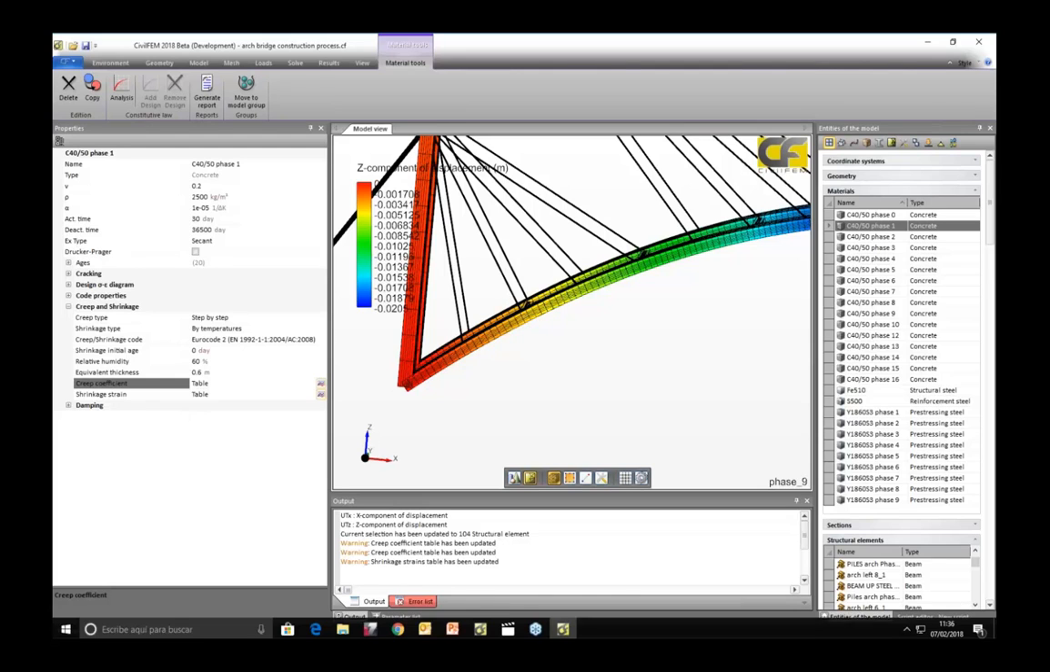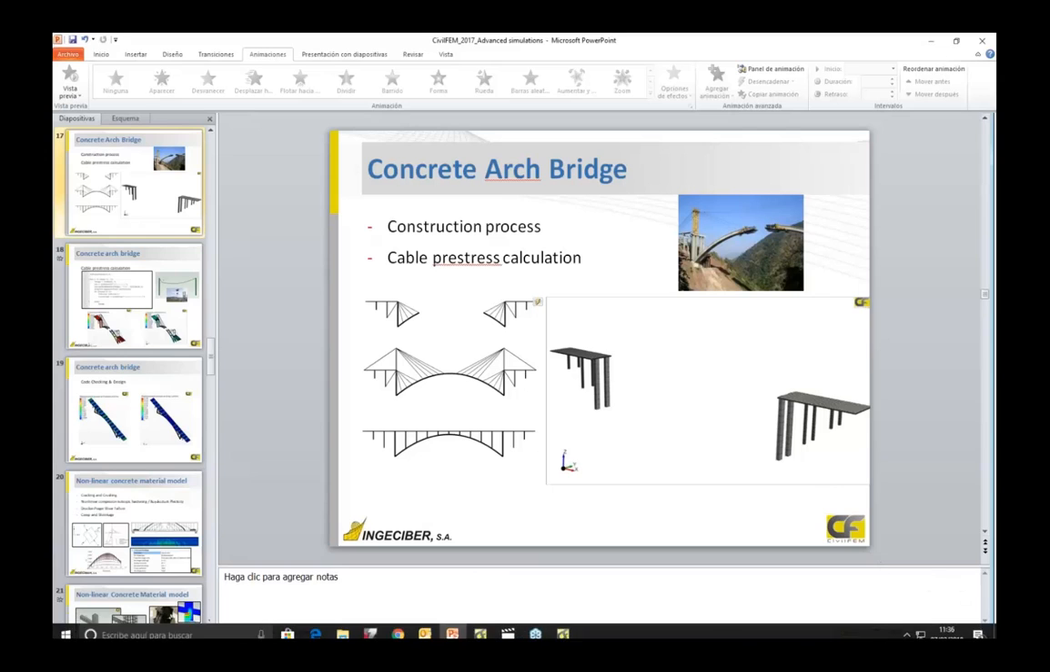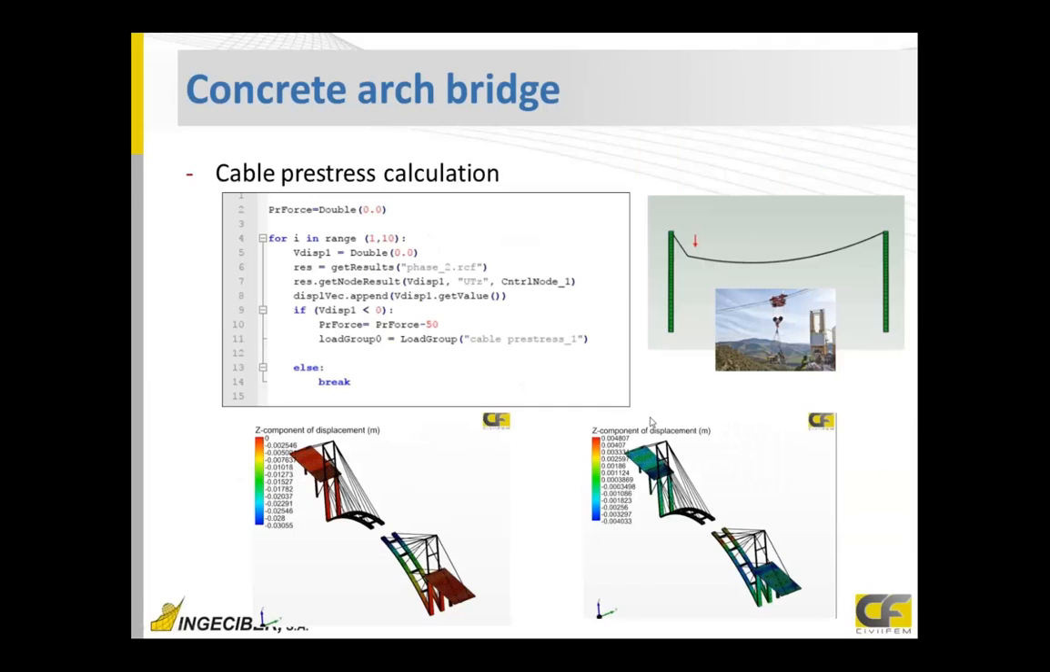We can do it manually, but for this case, what we have done is use a macro. CivilFEM can use macros, as you know, Python macros, and it's very easy to use them. For calculating the vertical displacement, what we do is a loop here. With this loop, I add it from 1 to 10, but it will stop before. I can add a big number here, and what I do is create a parameter, vertical displacement 1,